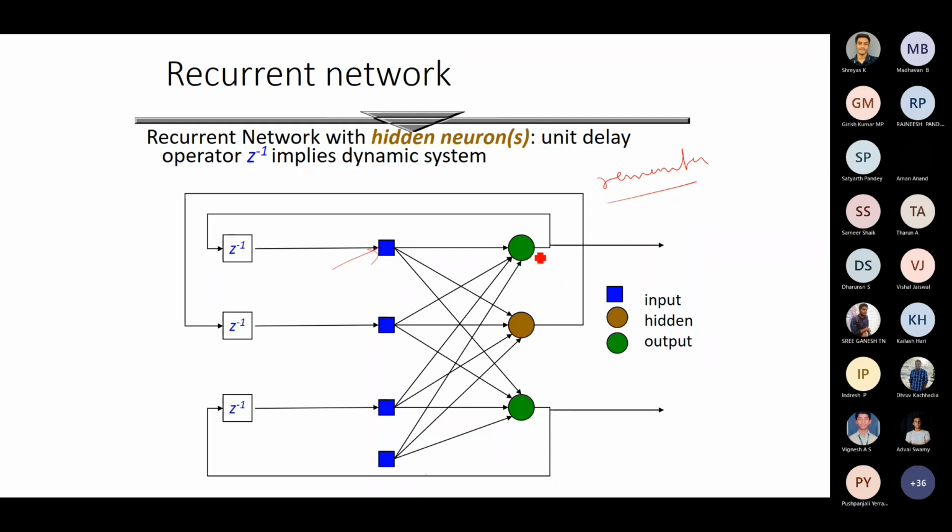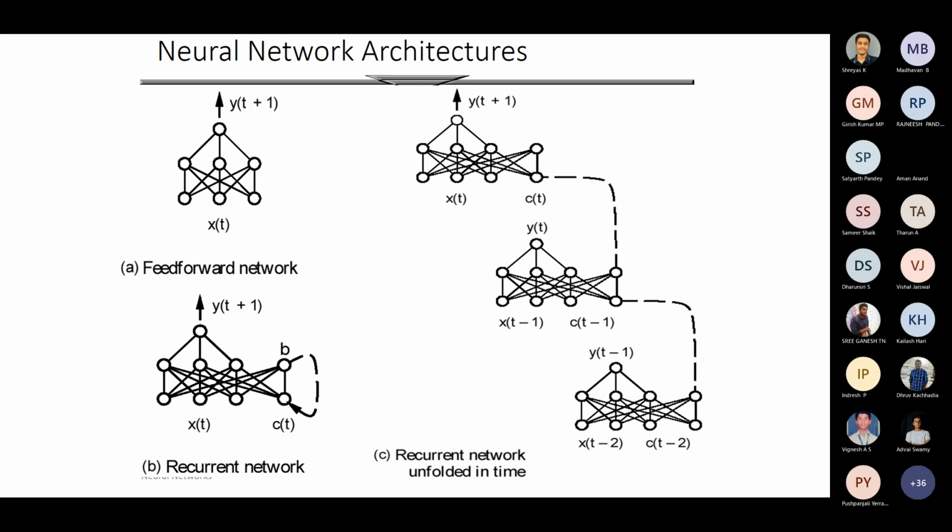Now remember, just look at this. This is input, this is output, this is your hidden layer. From the hidden layer you give a delay and it is given as input to this. Similarly from the output layer you give an input to this. So this input is directly from the feature itself and these are other inputs. So this is called a recurrent network where there is a feedback. Feedback from the output layer or feedback from the hidden layer. Anything can basically go into the input layer for modification.